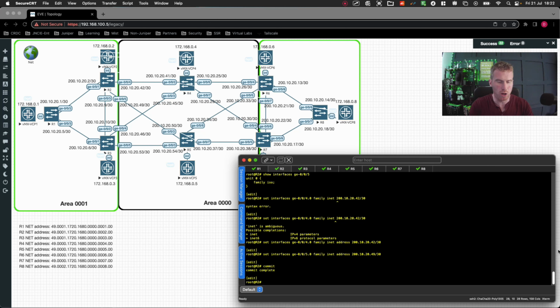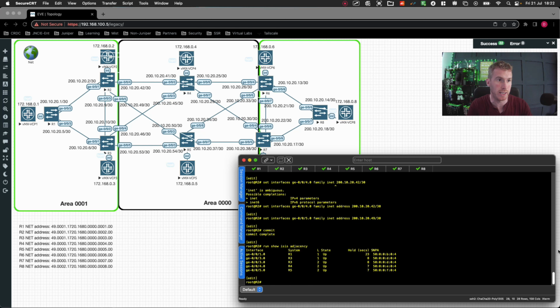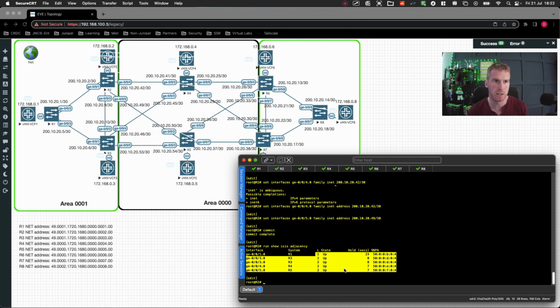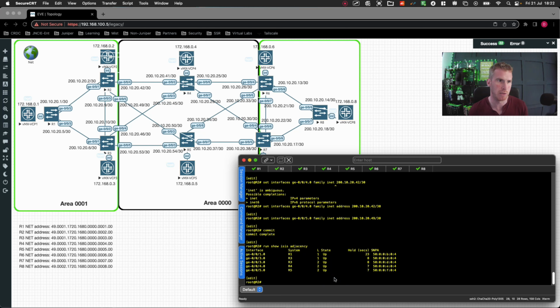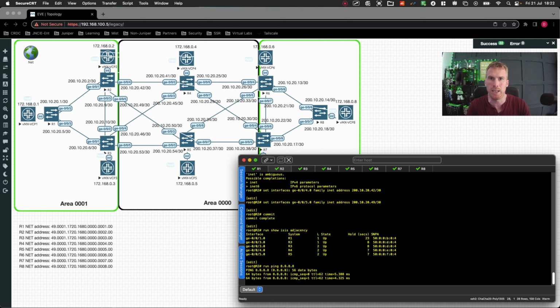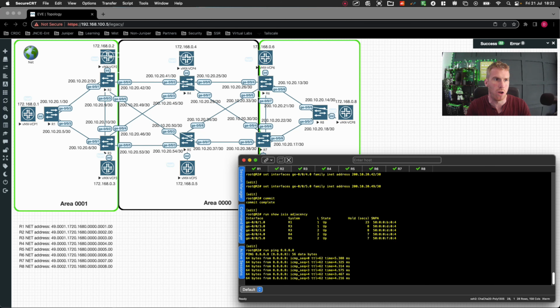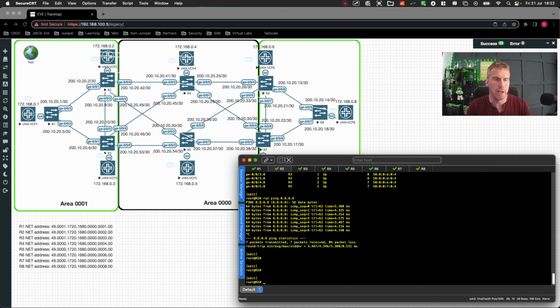Just to prove that, if I go into R2 and run show ISIS adjacency, we can see that we've got R1, R3, because don't forget we've got level 1 and level 2 connection to R3, and R4 and R5, we have these level connections and all of them are up. That is absolutely perfect. I can also, just from R2, run ping 8.8.8.8, which is the inet address of router R8. But if I do a run show